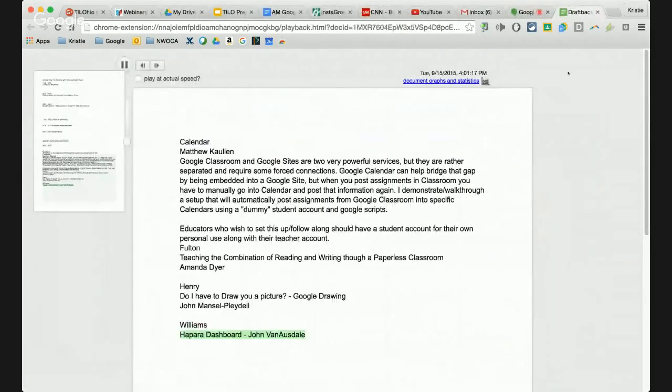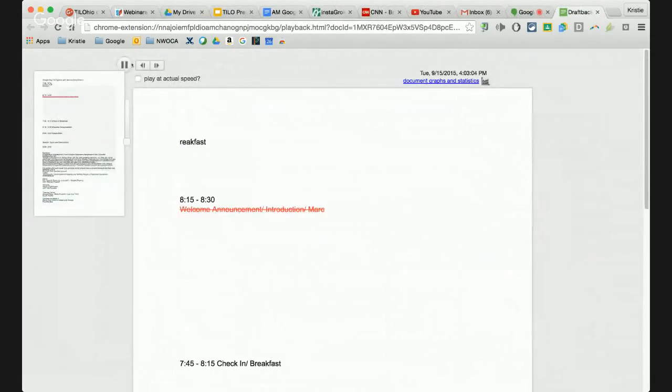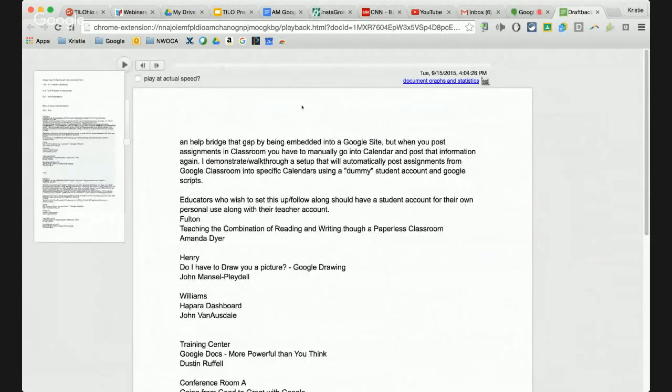So that's really cool. But the nicest thing I think about Draftback is the fact that if a student turns in a document, a Google Doc to you, we're always worried about plagiarism and copyright and so forth. If I have Draftback on there, it's really nice because all of a sudden you may see like 3 pages worth of information being dumped onto the Google Doc rather than somebody typing it out. So if that's the case, they probably copied and pasted it rather than just typing it.